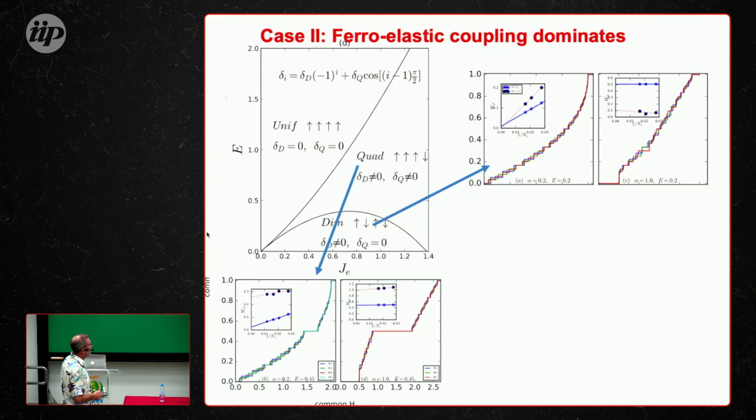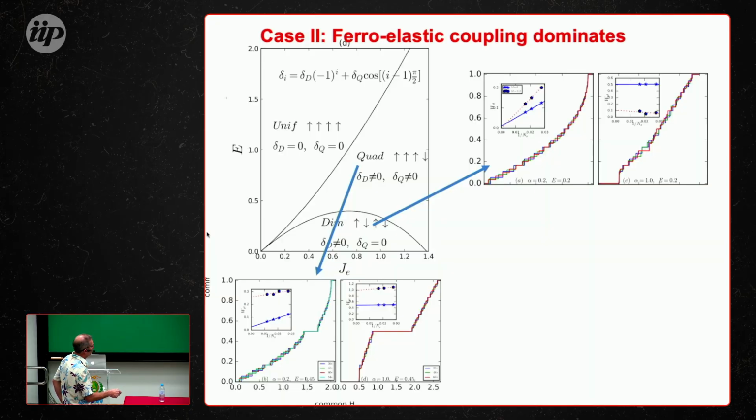So what happens in the other case if we study the ferroelastic part of the Hamiltonian, so the dipoles with this coupling to the elastic deformations, and we study this in the presence of an electric field? Then you see there is a whole phase diagram, so you can vary the coupling between the dipoles and the electric field, and you find that for very low electric fields you have this dimerized coupling, but if you go up with the field, then you get other arrangements of these electric dipoles. Okay, and if you compute the magnetic ground state here and there and up there, then you see that depending on the region, for example here you have a small 0 plateau or bigger depending on the values of the alphas,